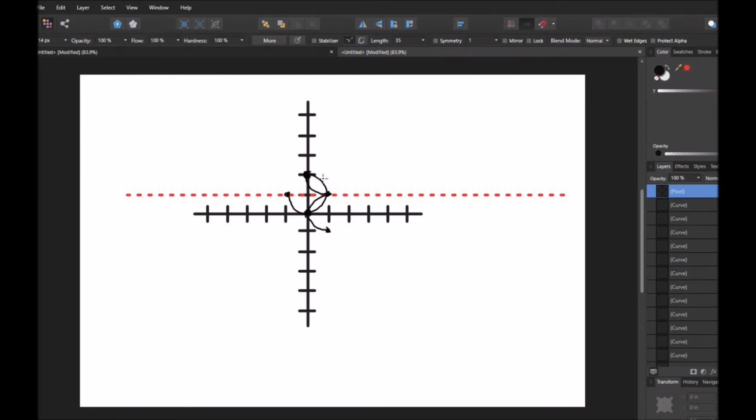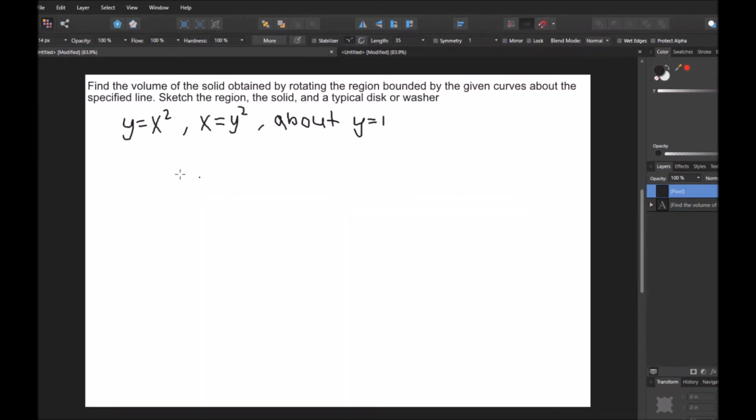Now this is going to be hard to do because the shape is a little bit small, but if we take this point here, for example, and we demonstrate the rotation, we see it goes like that. But there's also this point right here, and when we demonstrate the rotation of that, we can see that it forms a washer shape. So we're going to be using the washer shape to integrate this, which means we're going to do the volume